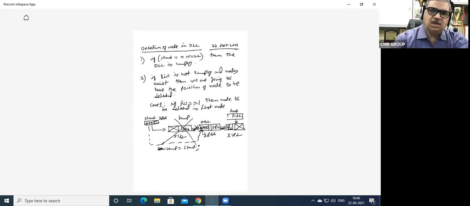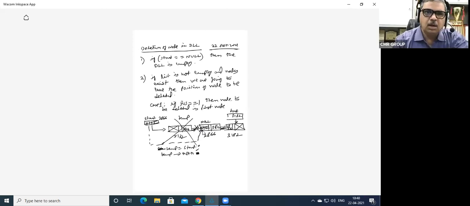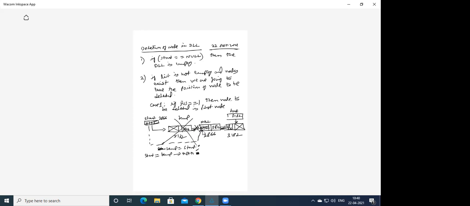So the first step, what are we going to do now? Tell me. Temp arrow RPTR value should be assigned to whom? Start. Start is equal to temp arrow RPTR.